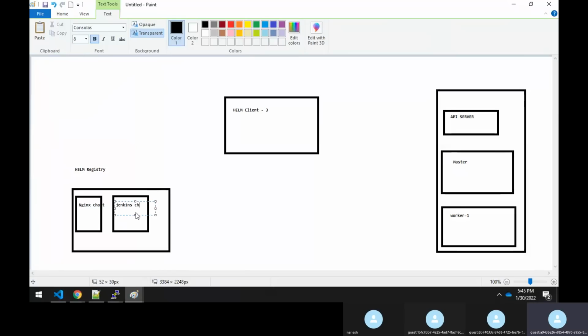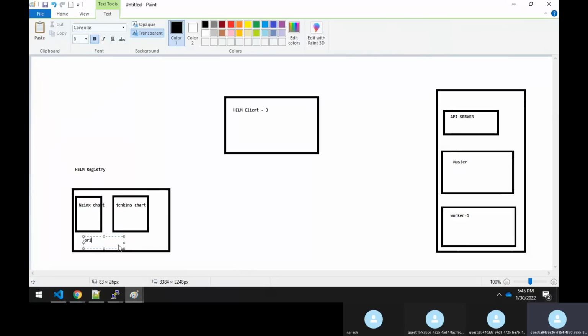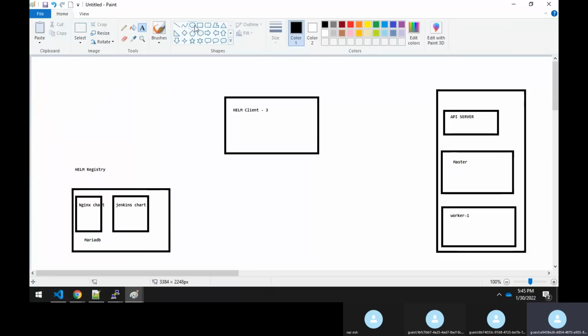You have a Jenkins chart or Jenkins kind of a repository. Similarly, for some kind of a DB, like for example, you need to have a Redis or MariaDB, right? MariaDB, see MariaDB, also, you have a chart. So basically, what is happening is that here